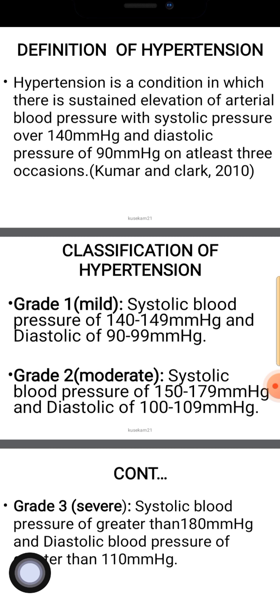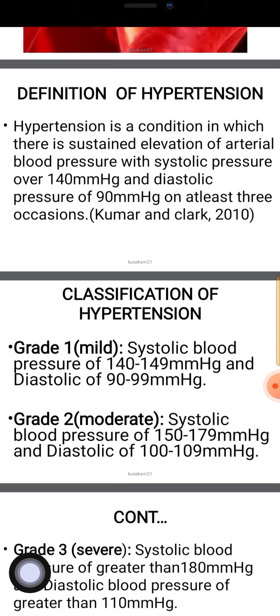There is a condition in which there is sustained elevation of arterial blood pressure, with systolic pressure over 140 and diastolic pressure of 90 millimeters of mercury on at least 3 occasions. So sometimes hypertension